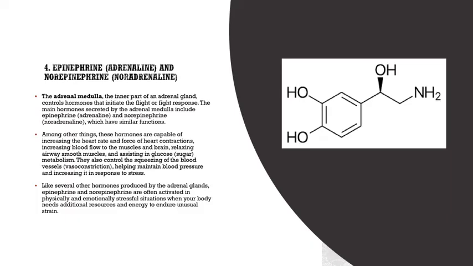The fourth hormones that are produced by the medulla are epinephrine, that is adrenaline, and norepinephrine, noradrenaline. So the adrenal medulla, the inner part of an adrenal gland, controls hormones that initiate the fight or flight response. The main hormones secreted by the adrenal medulla include epinephrine, that is adrenaline, and norepinephrine, that is noradrenaline, which have